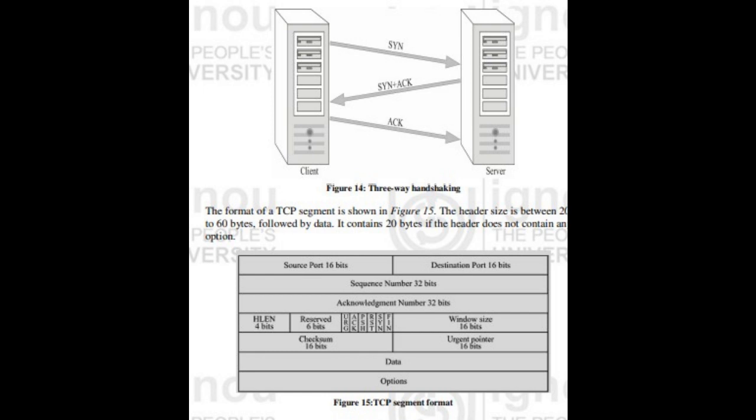Window size, 16 bits. This field determines the size of the window the other party must maintain. It is useful for flow control. Checksum, 16 bits. It contains the checksum for error detection. Urgent pointer, this field is used in situations when the segment contains urgent data. It specifies the number that must be added to obtain the number of the first urgent byte in the data